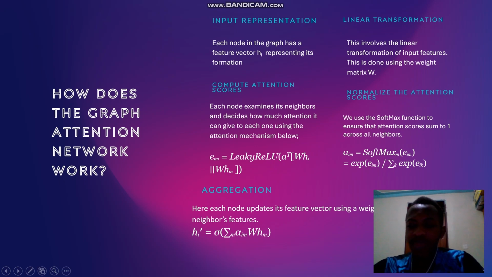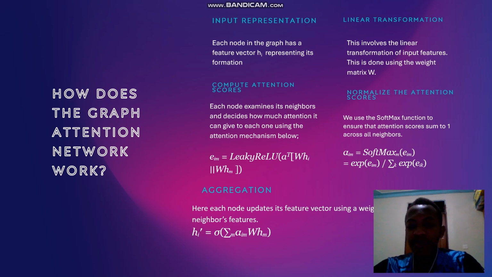And finally, the last step is aggregation. Once attention scores are assigned, the final step is aggregation, as I said. Each node updates its feature vector by computing a weighted sum of its neighbors' features, and this means that more important neighbors